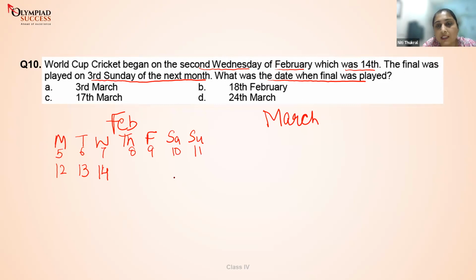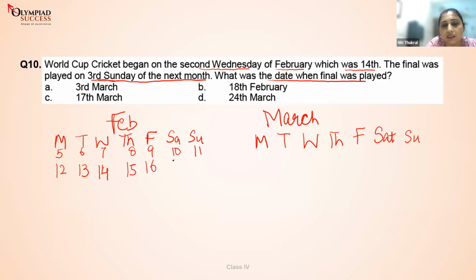Now they are asking what was the date when the final was played, and now it is March. See the March, third Sunday. You have to find out the third Sunday. Start doing it and find it out. It requires calculation. Do it. Saturday, Sunday. First we will complete this February calendar. 15, 16, 17, 18, 19, 20, 21, 22, 23, 24, 25, 26,